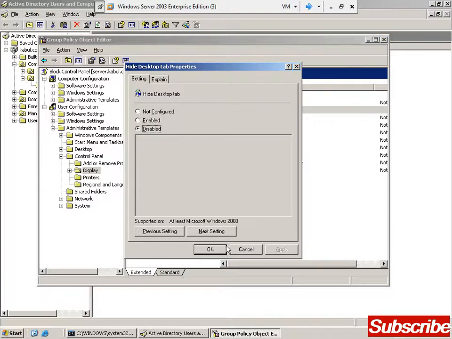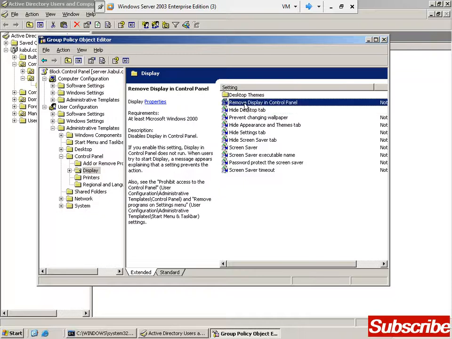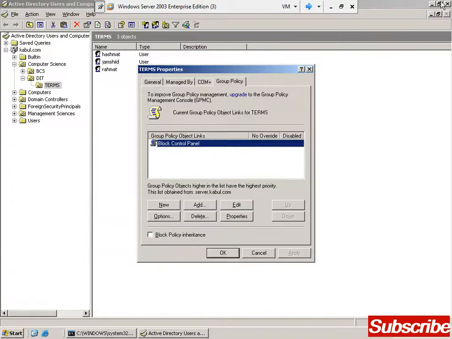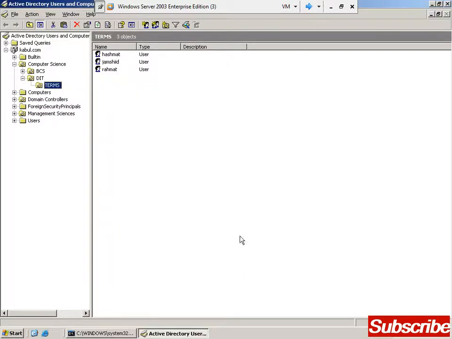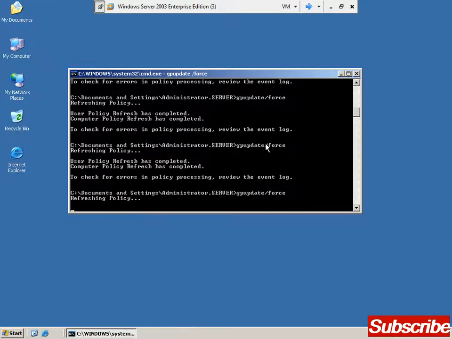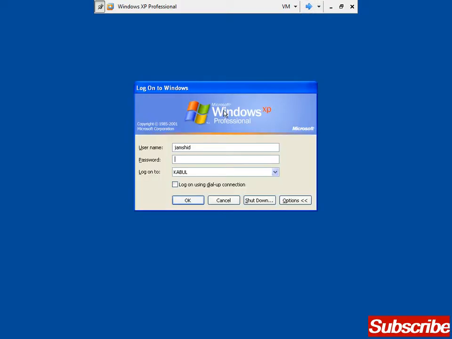But if you want to disable the whole thing, select it and then Remove Display in Control Panel, which disables the entire Control Panel display. Apply, OK, and then close it. Now, if someone wants to right click on the desktop or change the wallpaper, screensaver, themes, etc., that's not possible. Go to the client machine, log in with that username,